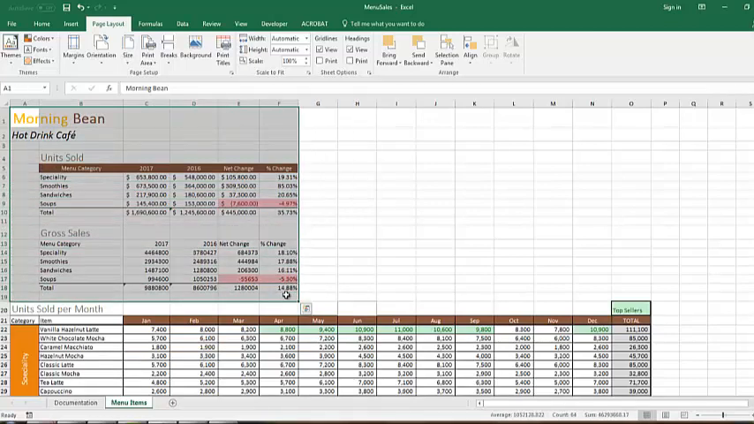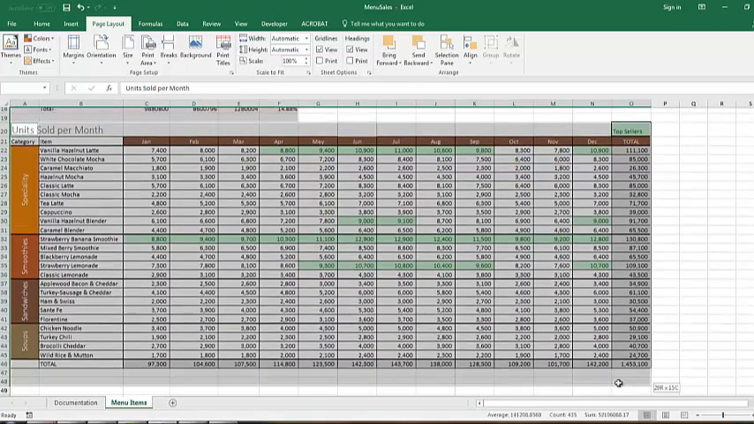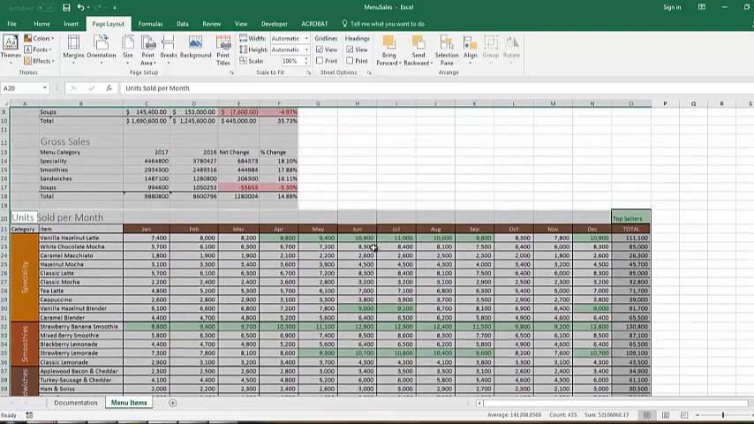Okay, non-adjacent: A20 to O46. It's actually the entire sheet, but excluding the blank cells. All right, then